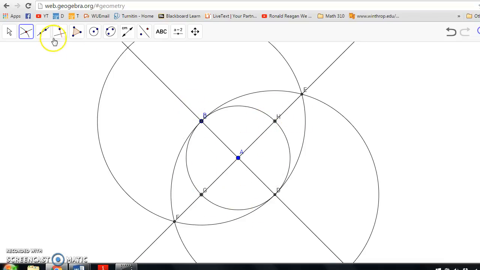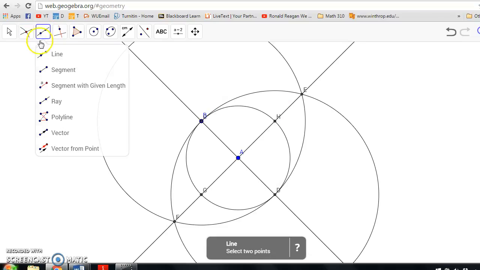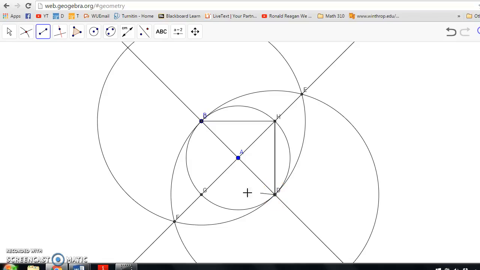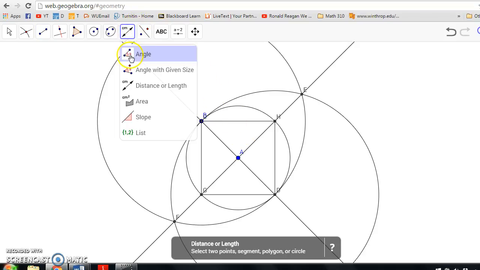So to construct our square, we're going to go up to where we made the line, click on segment, and then connect all the different points on our circle. Now this looks like a square, but just to be sure, we can go up to this tab,